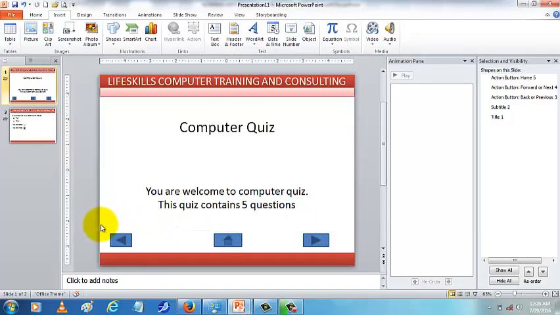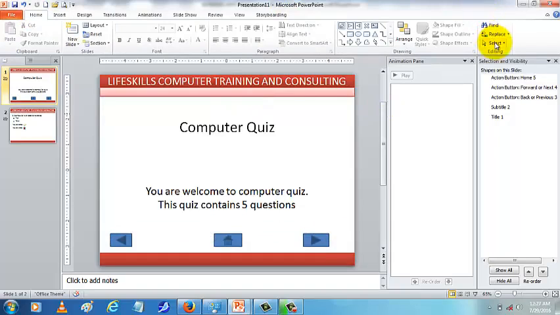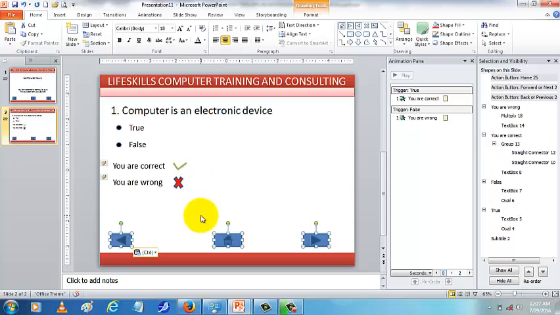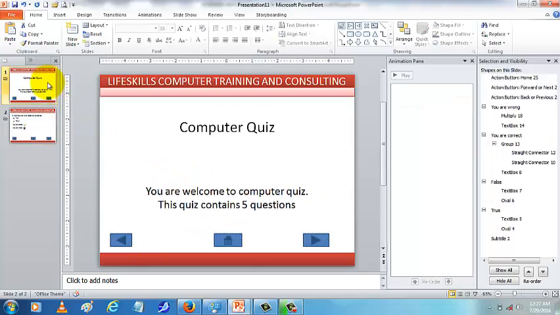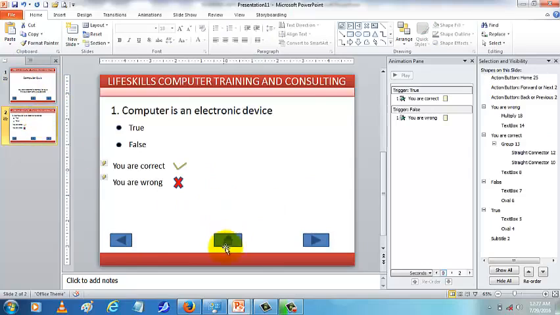All you need to do is to copy them. You select them. If you want to select, you can go to Home, go to Select, and click on Select Object. Your arrow will point to the left direction. Then you can draw a rectangle around the three of them. You press Ctrl C, go to the second slide and press Ctrl V. It will be automatically pasted. You can see that I have it on the first and I have it on the second slide. So let's see whether this works.